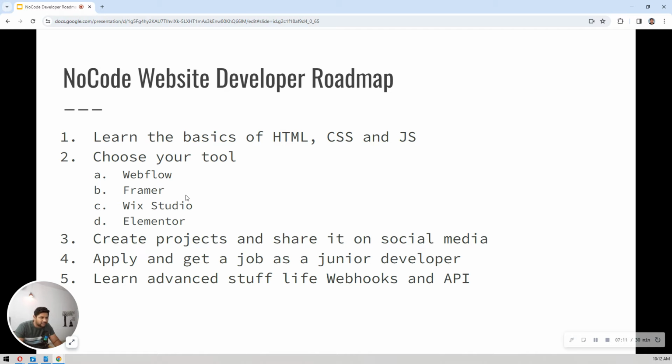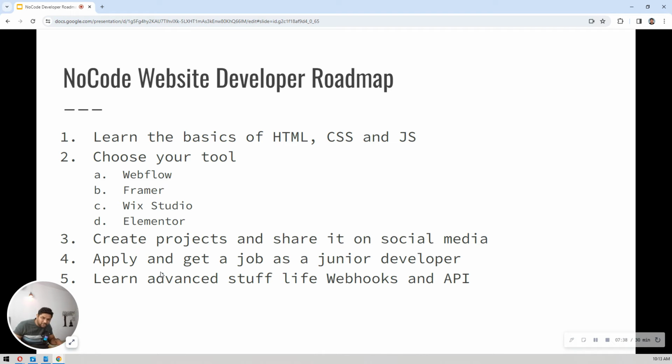I believe in that, because if you want to, let's say, create your own portfolio, start creating your own portfolio, an online resume kind of thing, right? Webflow is a free tool for 2 pages with a custom domain, and you can share it on social media and get your followers' reviews, and you can share it with anyone in the groups on social media platforms.